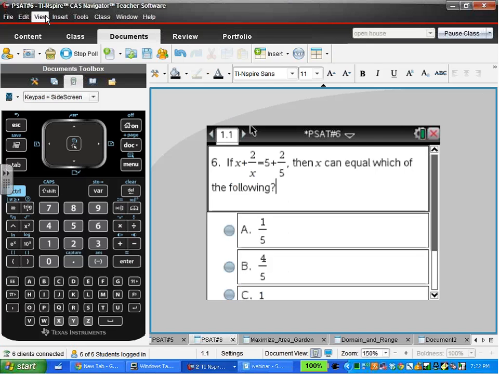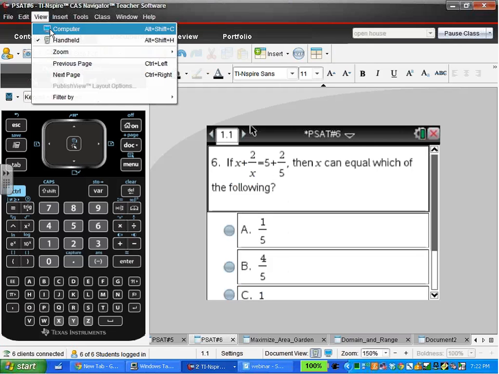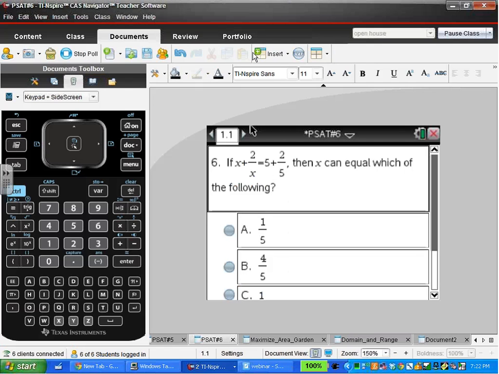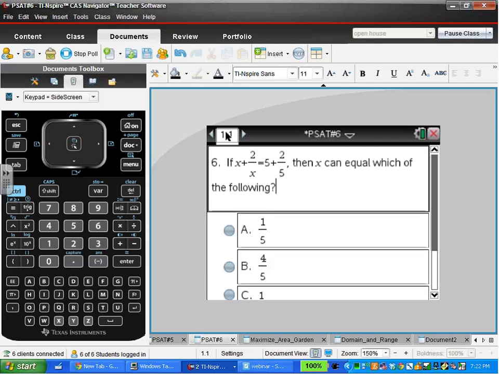We also said that we would show you just a couple of really neat things, and they're kind of hidden up here. It's hard to find, but if you go to Tools and Quick Poll Options, there are two options here that you may at times want to think about using. You can click Allow Resubmit. And if you click Allow Resubmit, then when I send this poll, what's going to happen